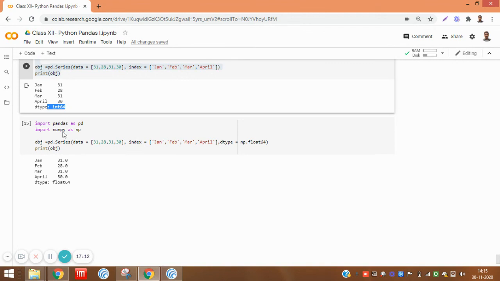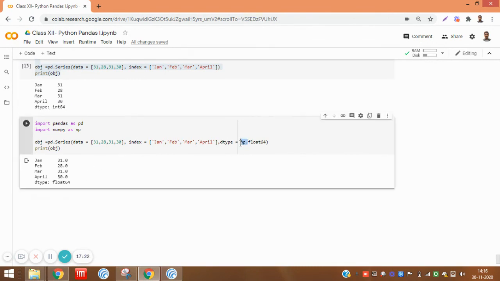Here values are integer, here values are in decimal. So you can specify the data type and change the data type according to it. Make sure to use the np because the float64 is the part of the numpy, and here you need to import the numpy. Okay, so it will work like that.